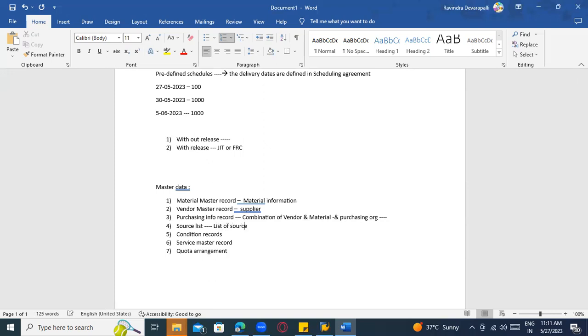And the source list, which is a list of the sources. List of the sources is nothing but suppliers. Vendors list, yeah, vendors list. So in this case, vendors, sources and suppliers are all the same. We are maintaining, for material and plant, whoever the list of the suppliers are. Because in my location, if I have a Hyderabad branch, near the Hyderabad branch I have so many suppliers. But in Mumbai also I have so many suppliers. So out of these multiple suppliers,